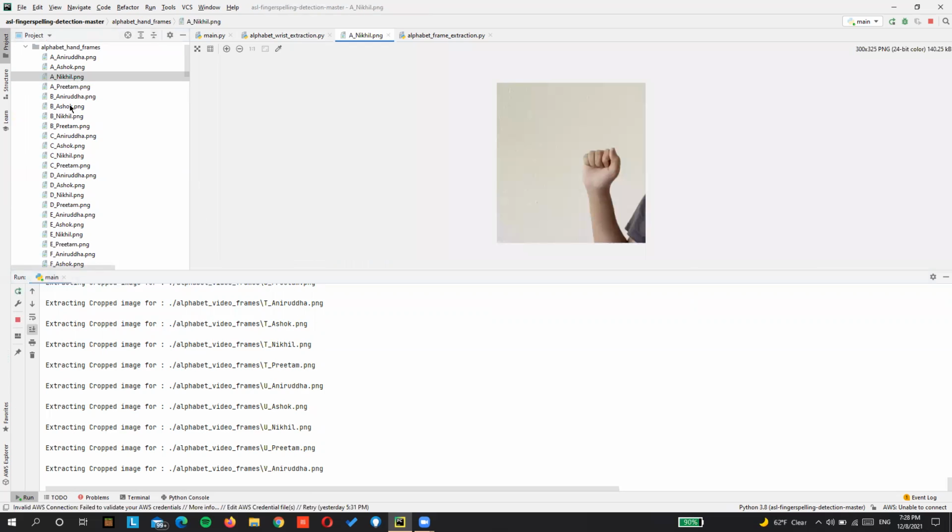As you can see, we have cropped images for all the alphabets.